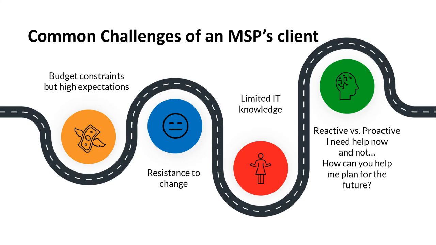So if I was thinking about different challenges that a client might have in terms of coming over into this space, a lot of clients are going to talk about budget constraints. Okay, they're worried about how much it costs, but they want a lot to be done. So you can talk to them about starting small. I mentioned a phased approach. There are options that are affordable and scalable and easy to implement. And you just have to find that cost-effective balance between their hopes and dreams and their reality.